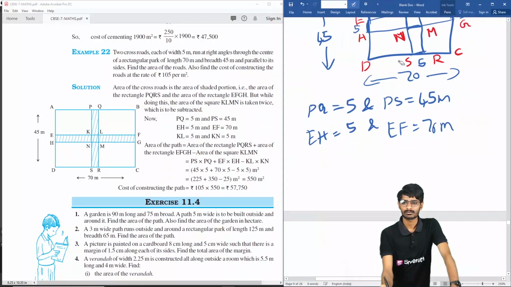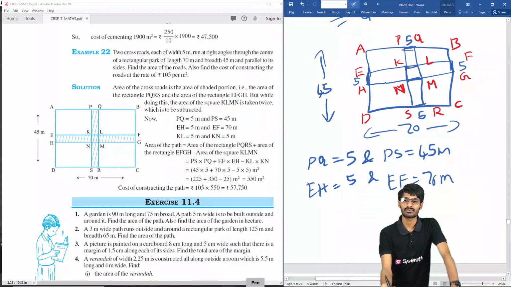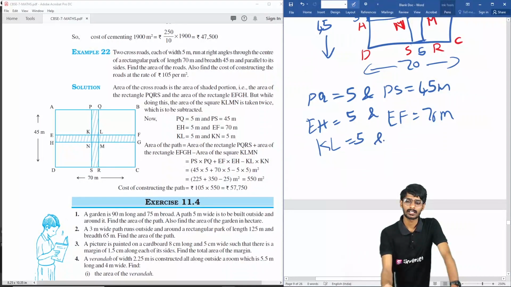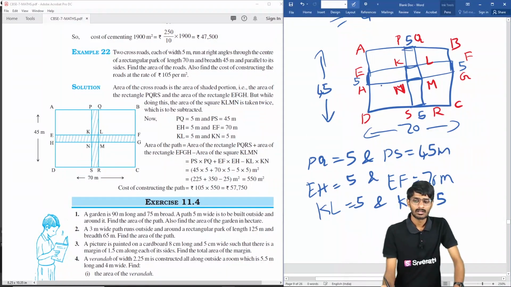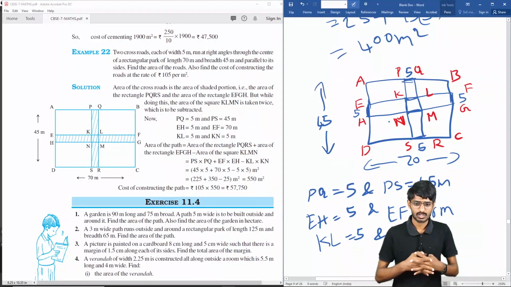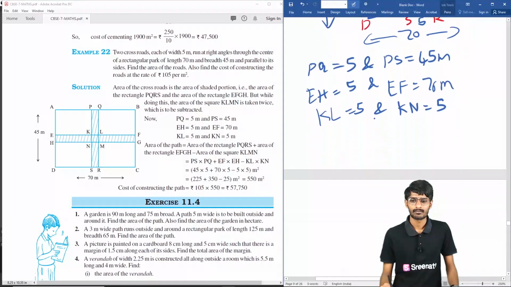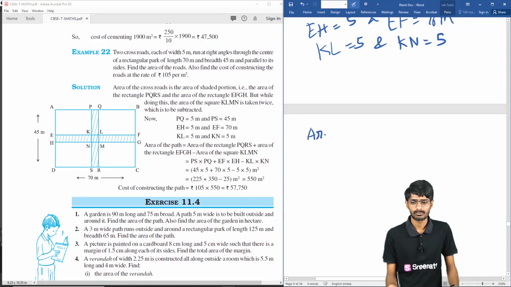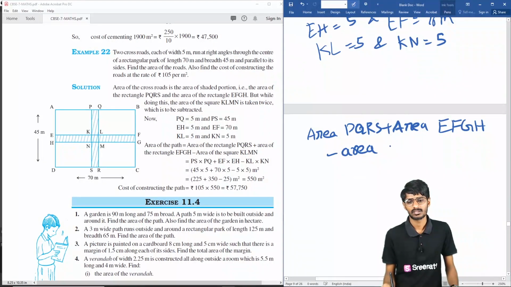And coming to K to L, it is 5, and K to N is 5. So first we have to find this area and this area. Out of both these, we have to subtract one area. This area we have to subtract. Okay, students, that is the main task. Area of this rectangle minus area of the square. So area of rectangle PQRS plus area of rectangle EFGH minus area of square KLMN,